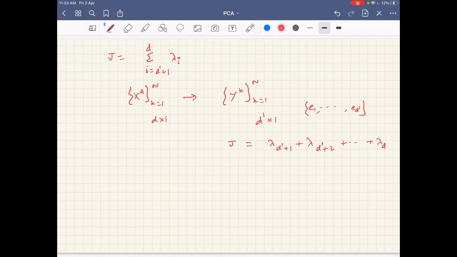That is the sum of the left out eigenvalues,